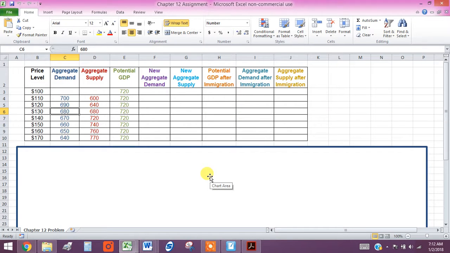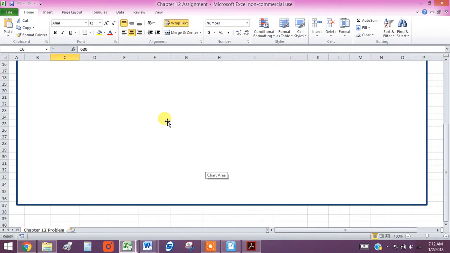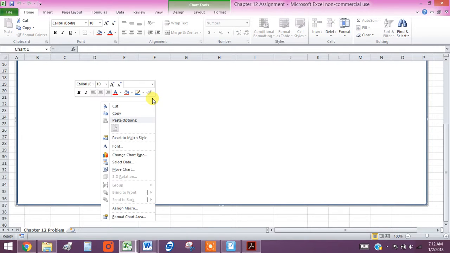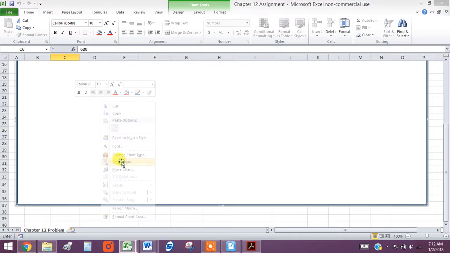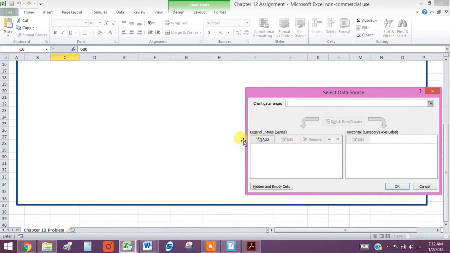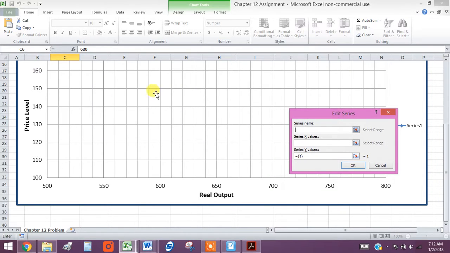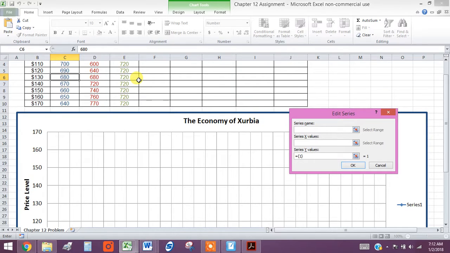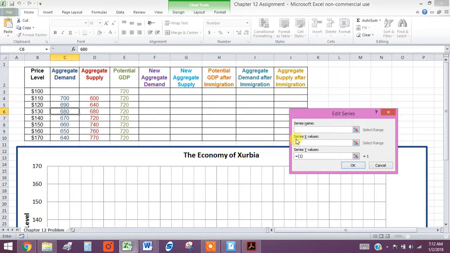So what you want to do is come down in your chart area and right click and left click on select data. And then we simply want to add. Okay, so we're going to add our series name for our aggregate demand. So we're already here in the series name box, and we want to come up here